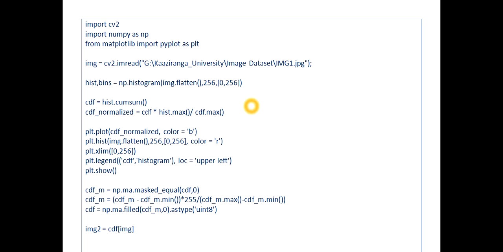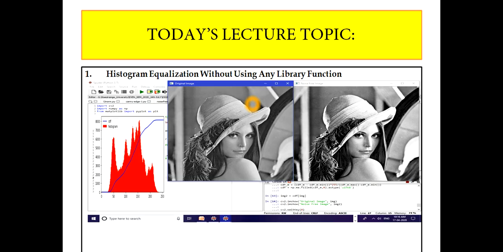Directly I'm coming to the code, but before that I want to ask you one question: what do you understand by histogram and histogram bins? That is the first question. And the second question is, what is histogram equalization? Why am I asking? Just to check whether your technical concepts behind these digital image processing operations are clear or not.